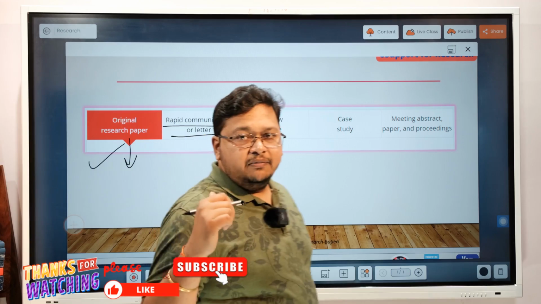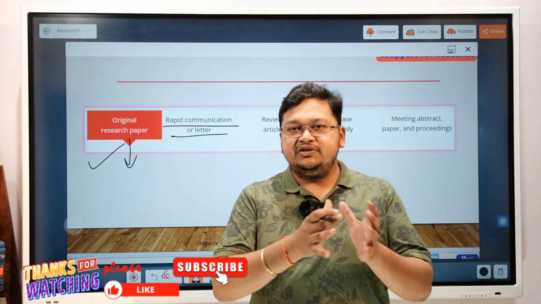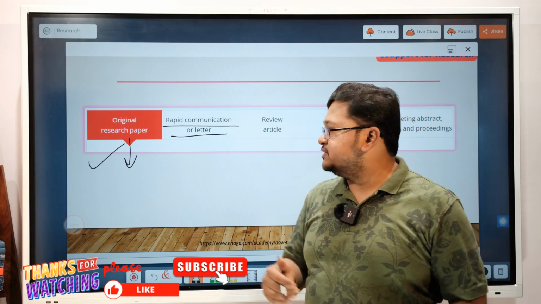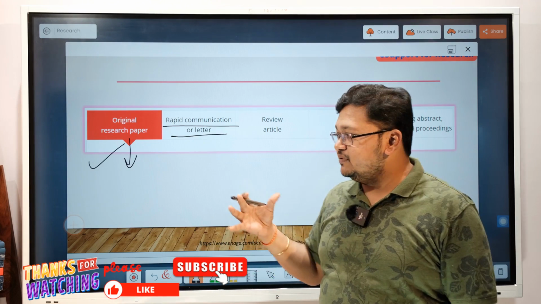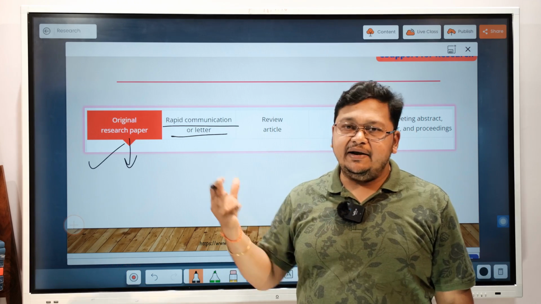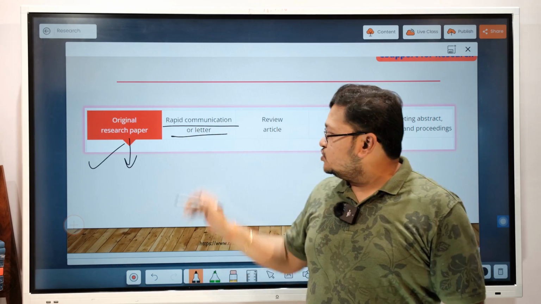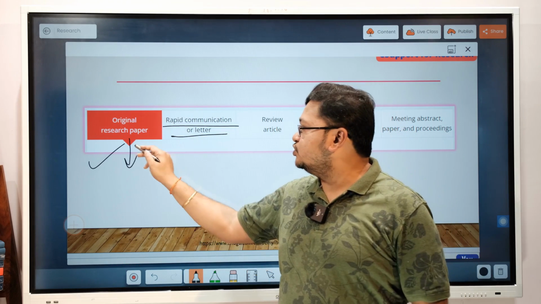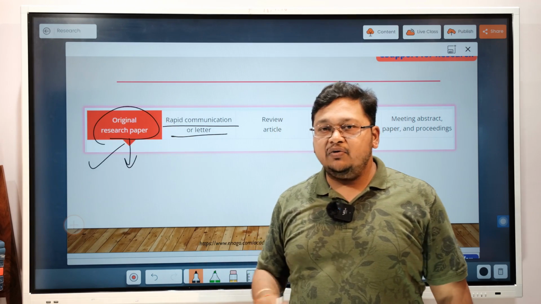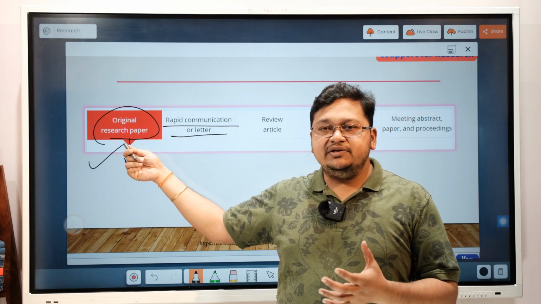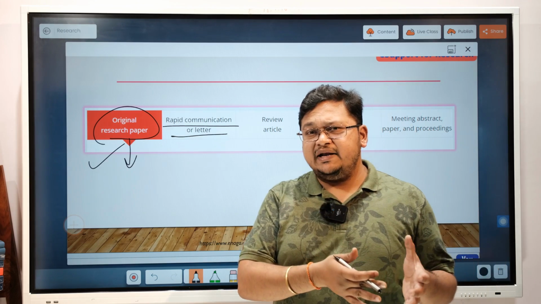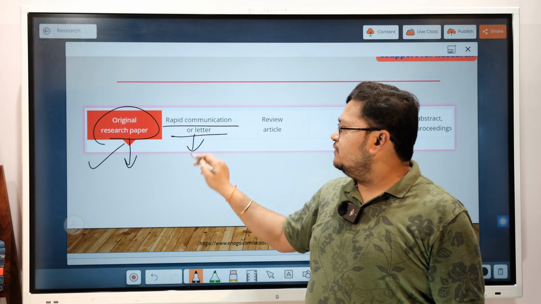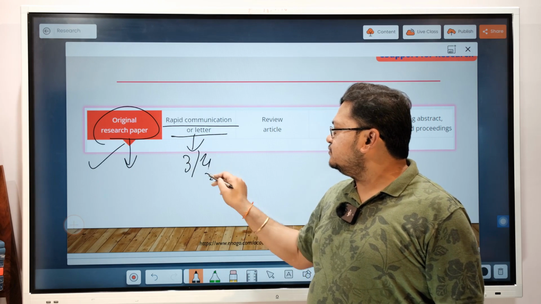In that case, people who are working in a scientific field where so much work is going on need to publish in a quicker time, as if they have come up with some new finding and want to report it quickly. So they can go for rapid communication, where the length of the article might be shorter compared to the research article, whose average length can be from 8 or 10 pages to even 15 or 20 pages, whereas here you can have even 3 to 4 pages